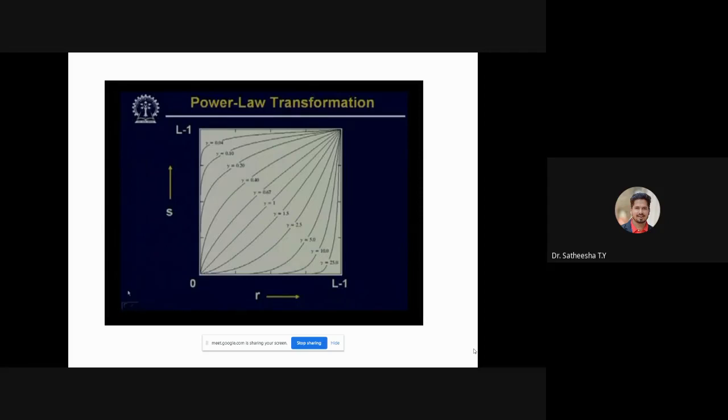It expands the dynamic range of a very small intensity range in the input image, whereas on the higher intensity side, a higher range of input intensity is mapped to a lower range of intensity values in the processed image. The reverse is true for values of gamma greater than 1.